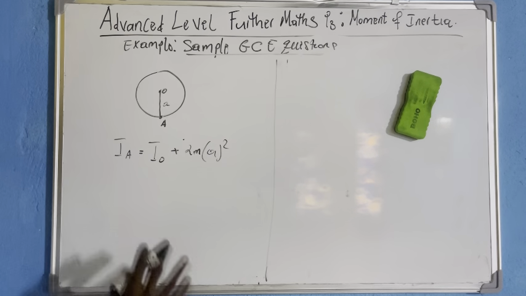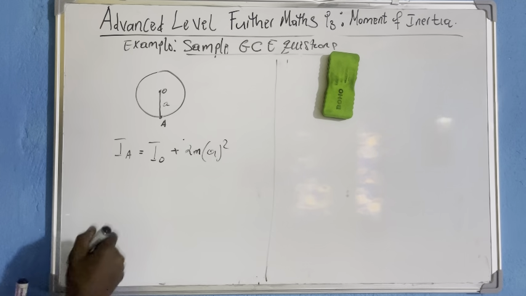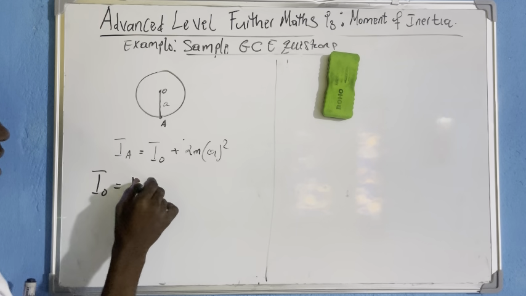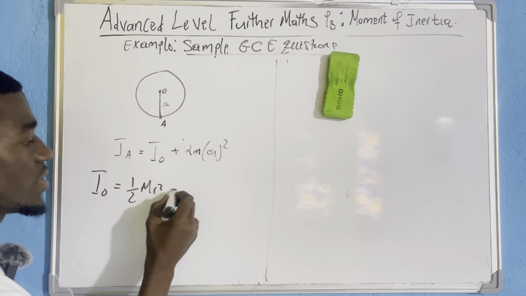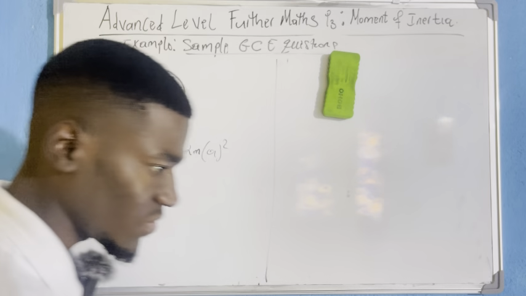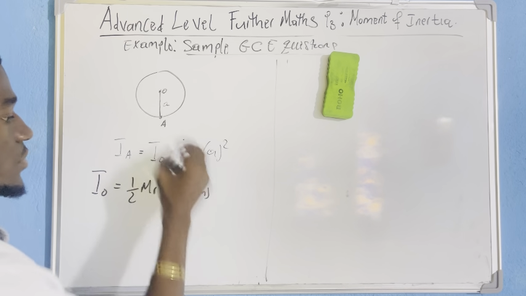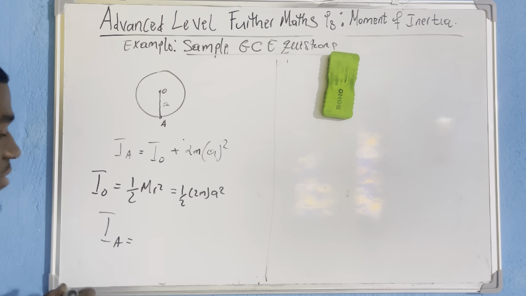From the parallel axis theorem, we come out with the moment of inertia. Okay, students. So the moment of inertia of the disc about the center O is half mr square. It's inside the formula booklet. Now the mass here, let us replace directly. The mass of the disc here is 2m. So it will be half in bracket 2m, and r here is the radius, which is what? A square. So the moment of inertia about point A is simply equal to